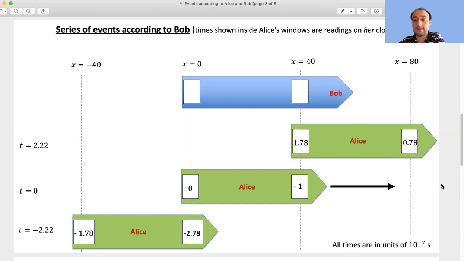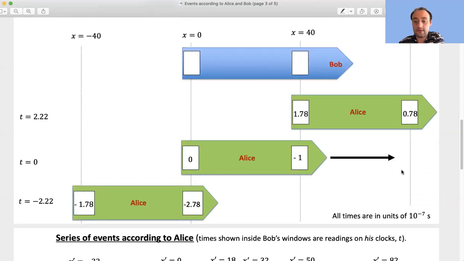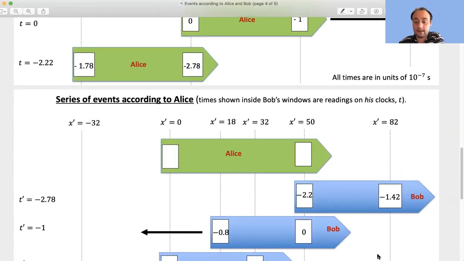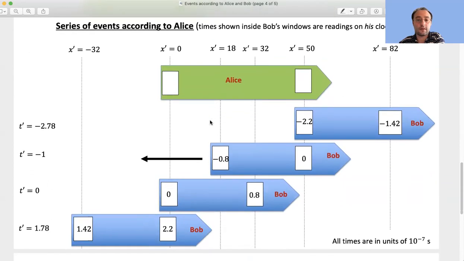We can also step into Alice's frame. And I just want to make sure I'm sharing what I'm supposed to be sharing. We can also step into Alice's frame and see a series of these events